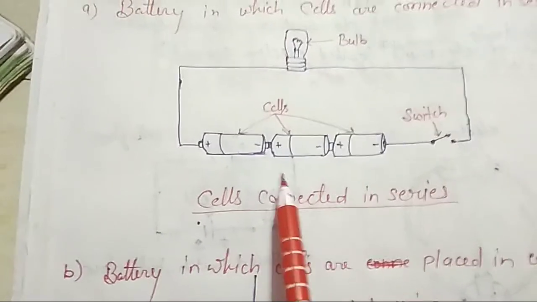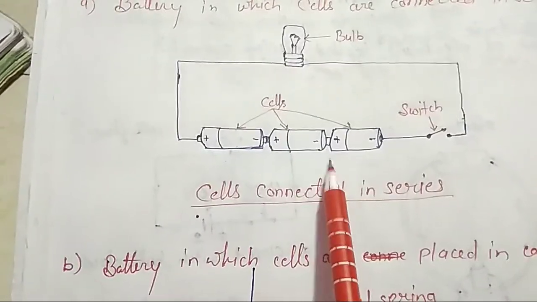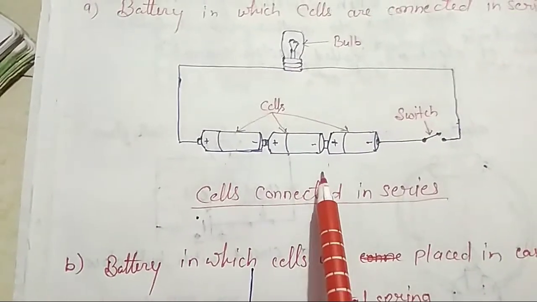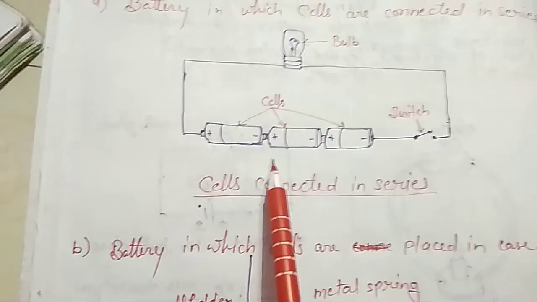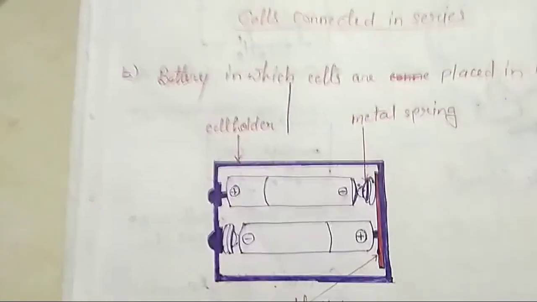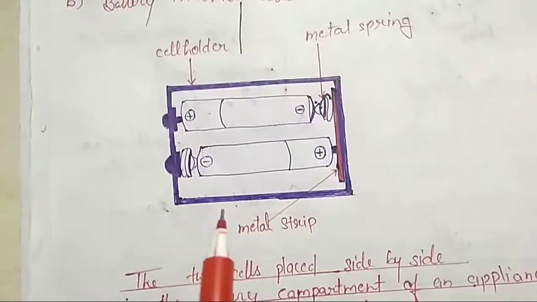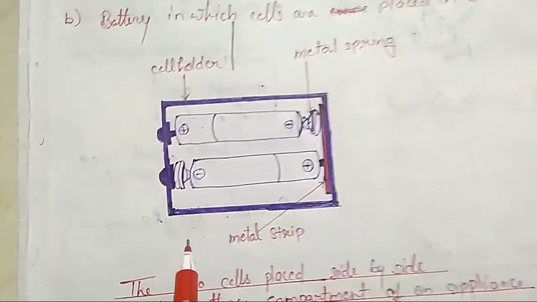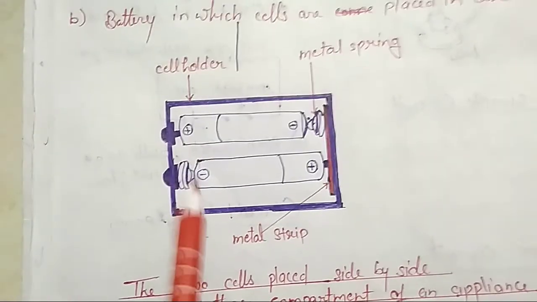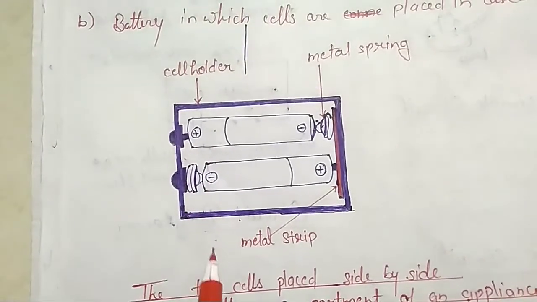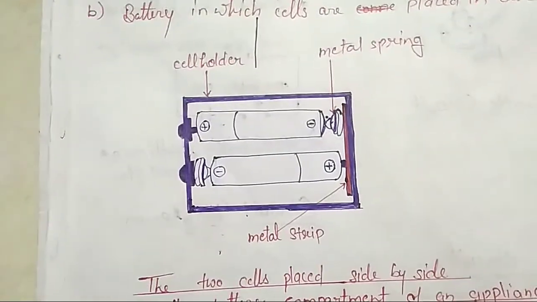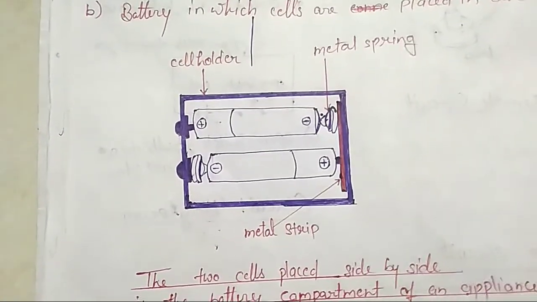So examples of parallel connection are the TV remote control and the remote control car. In the series connection, you can see this type of cell arrangement in a torch. They are arranged in the torch in series. So the example of series is the torch, and the example of parallel is the remote control car, or you can see this type of arrangement in the radio also. So these are two types of batteries.